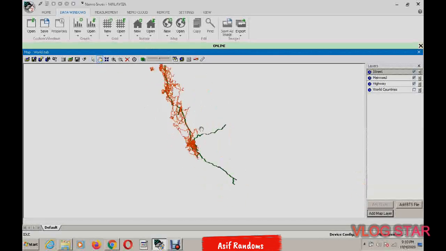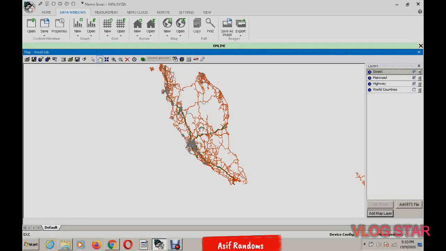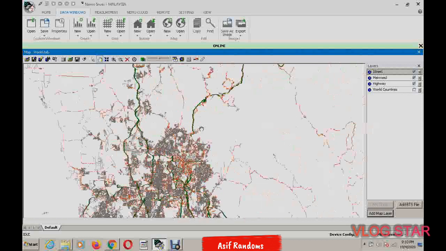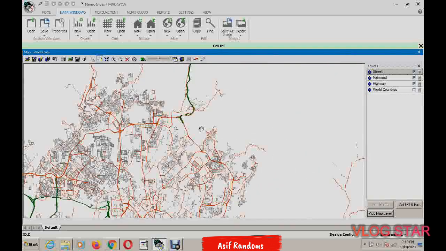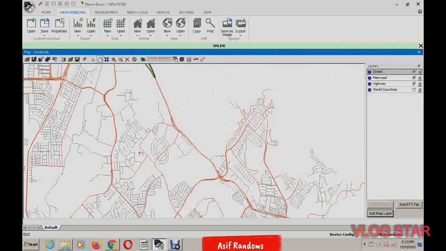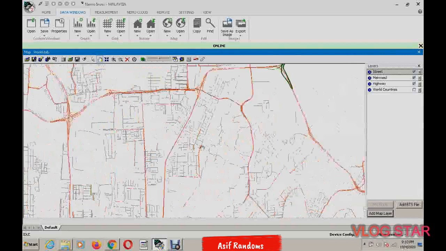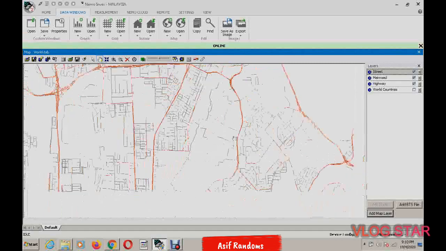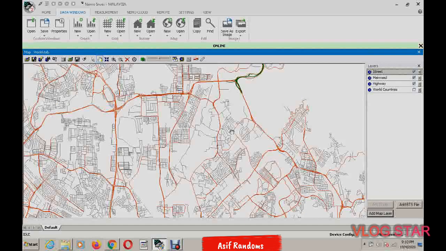Yeah, you can see the changes in the map. Here are some black thin lines. Yeah, black thin lines also appear. Yeah, you can see. I zoom in. Yeah, these are main roads. That color is main road, the black color is streets. So zoom out, and you can see our streets, main roads and highways are already added in our Nemo Outdoor.